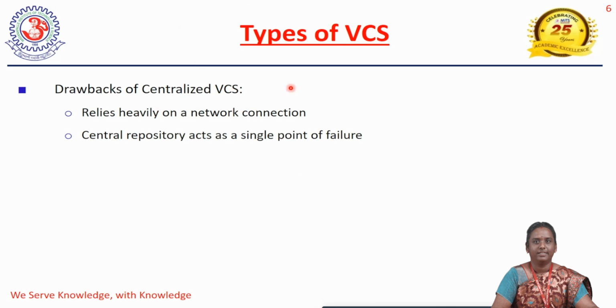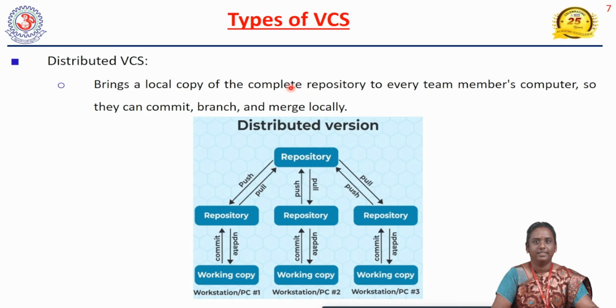First, it completely depends on the network connection. If there is no active network connection, then we cannot update or change, and the changes will not be reflected in that server. And second, the central repository acts as a single point of failure. These are the two drawbacks of the centralized version control system, and to overcome these drawbacks, we are going for the distributed version control system, which is